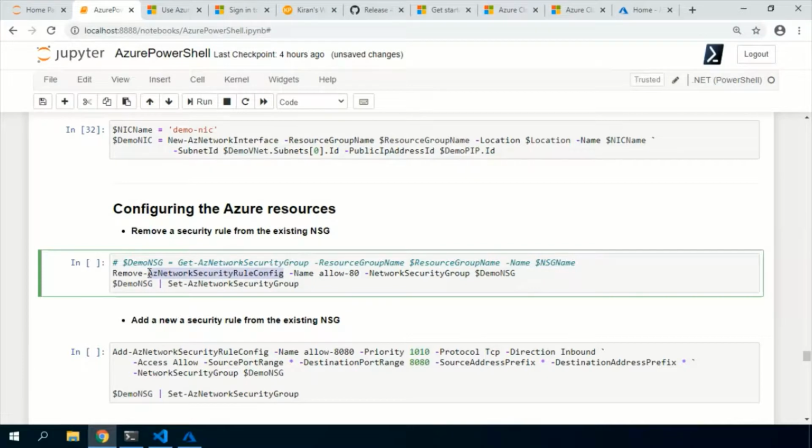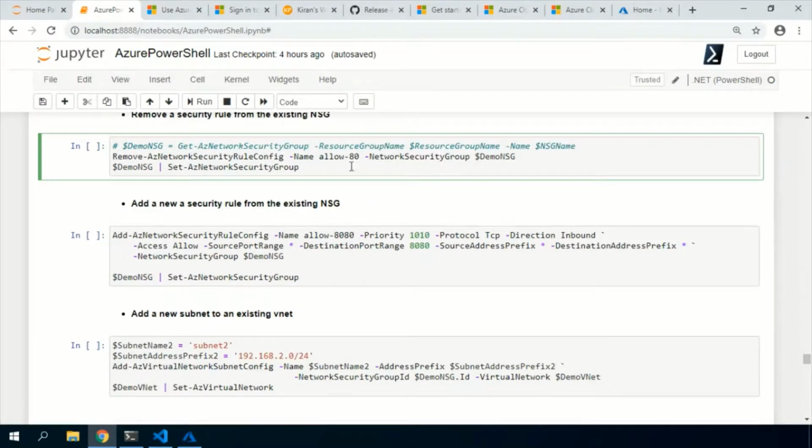You can search by using this noun to get the available cmdlets of that particular service. Since I want to remove that port 80 rule, after removing it in my local variable, I want to push those changes to Azure by using the set cmdlets.